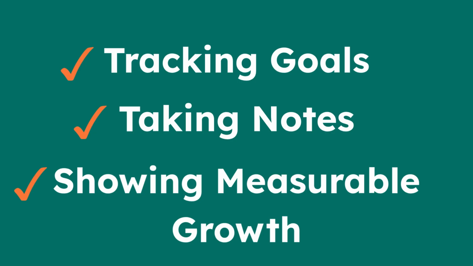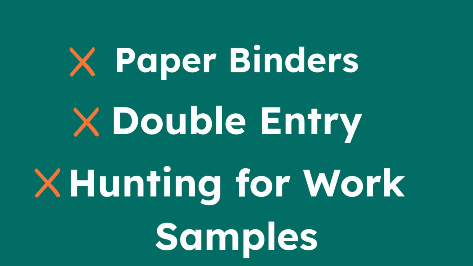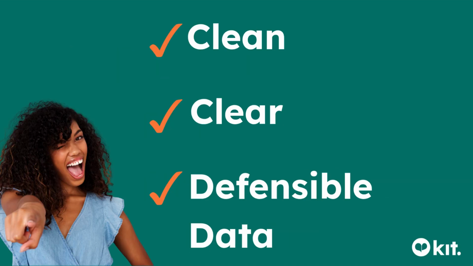Kit simplifies what you're already doing: tracking goals, taking notes, and showing measurable growth. And unlike the old way of juggling sticky notes, student folders, and Google Sheets that don't actually show progress, you'll have no paper binders, no double entry for Medicaid billing, and no scrambling to find work samples before an IEP meeting. Whether you're documenting in the moment or right after the session while it's still fresh, Kit makes it easy